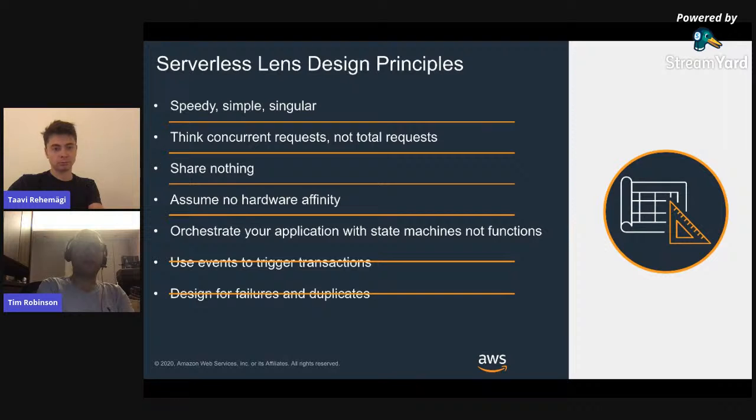So assuming no hardware affinity is probably quite key. So what does this really mean? Well, if we look back in time, perhaps using things like CPU flags within your code or something like that would be common practice. Really today we're looking at underlying hardware changing without your knowledge, and really looking to use the technology in a hardware agnostic method. So really assuming that there's no hardware affinity and working to code in that direction means that your code will work across a breadth of time, regardless of the underlying hardware architecture.